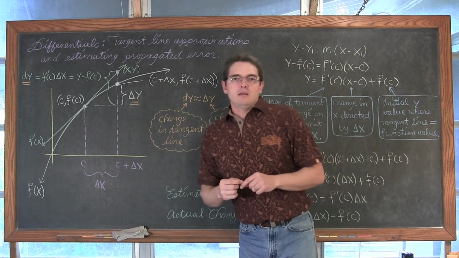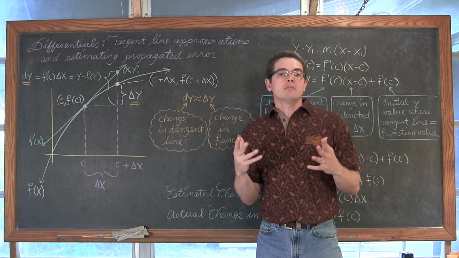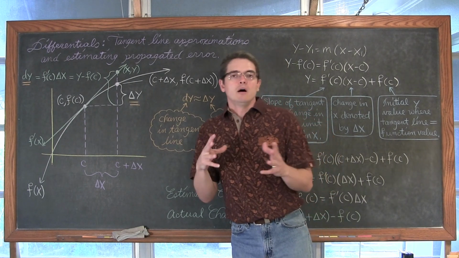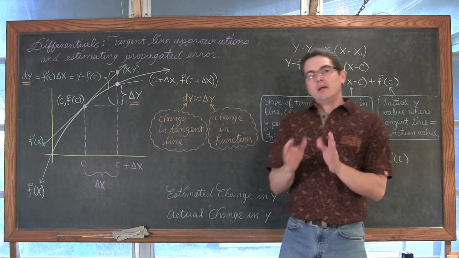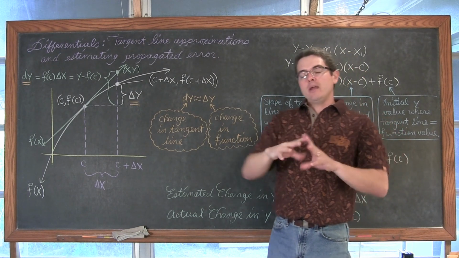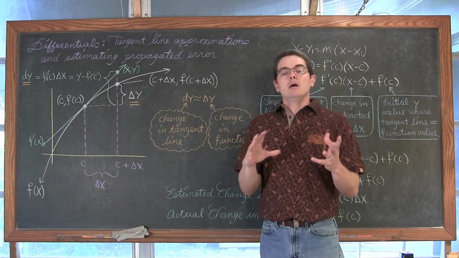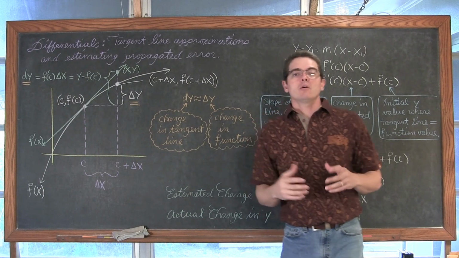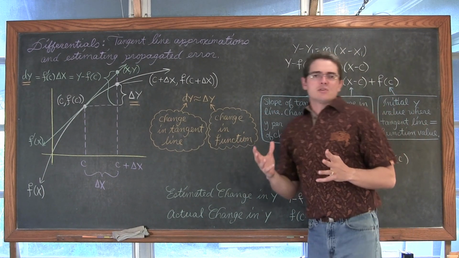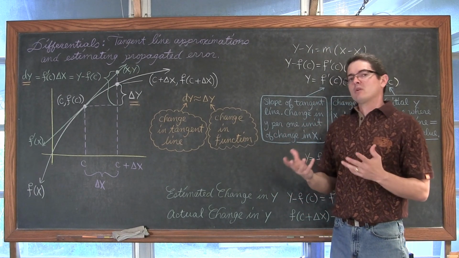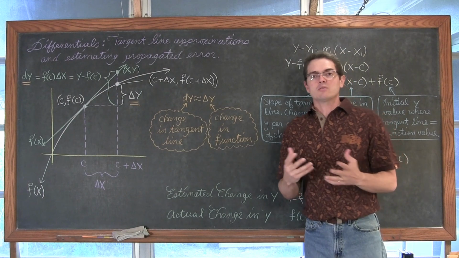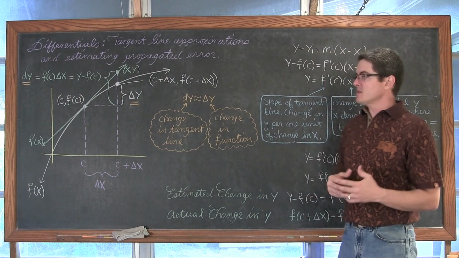Maybe the change in the radius of a ball bearing, a spherical ball bearing, is going to change how much volume or mass it has. So that little bit of change in the radius, we're going to talk about how that error in the radius, as an example maybe, would create a propagated error in the volume of that sphere. Okay. Some of these calculations are going to be pretty straightforward, and some of them are going to be quite a bit more difficult. So I'm going to try in this first scene to help you understand what all the symbols mean.